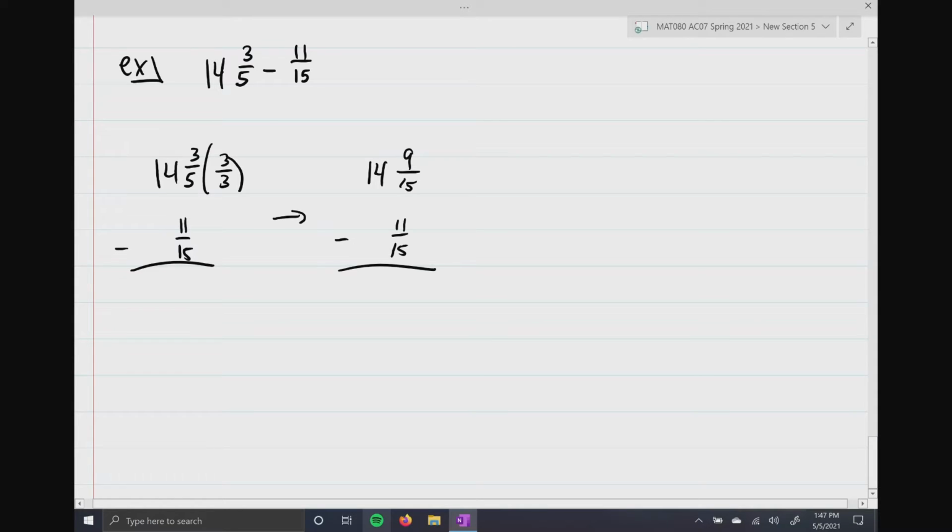Now, here's the thing, though. When I go to subtract, now that my denominators are the same, I can subtract the numerators. The problem is I need to borrow. I already have 9 to begin with. So what I'm going to do is scratch out the 14 and borrow from it. So the 14 becomes 13. And you got to remember, you started with 9 and you borrowed 15 more. So I'm also going to scratch out the 9. And 13 plus 9 is how much? 13 plus 9 is